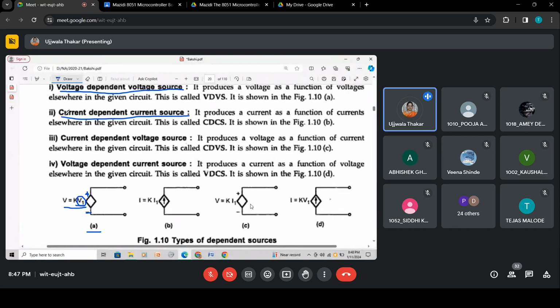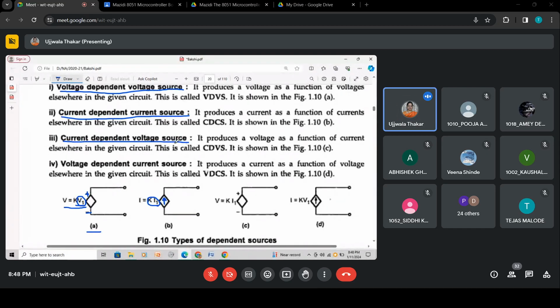Then there is the current dependent current source. Again, it's a diamond shape, but this is a current source, so it will have an arrow. It depends on some constant multiplied by the current. So it is a current dependent current source. So simple to understand, nothing big in this. Next is